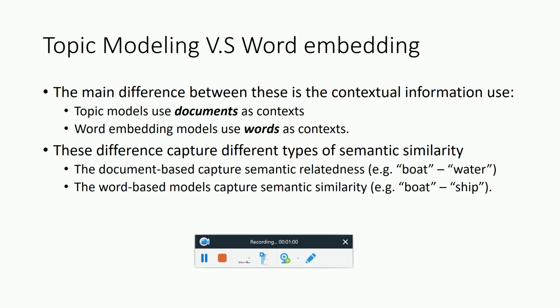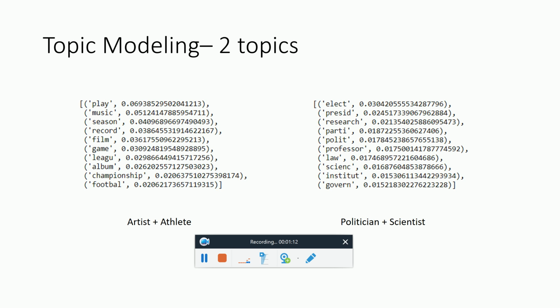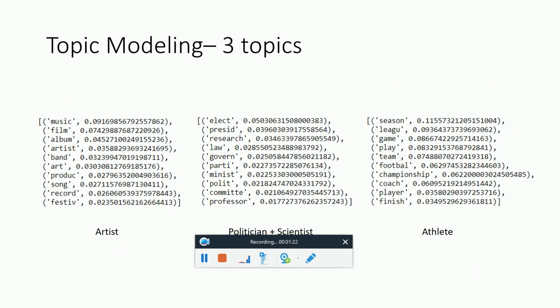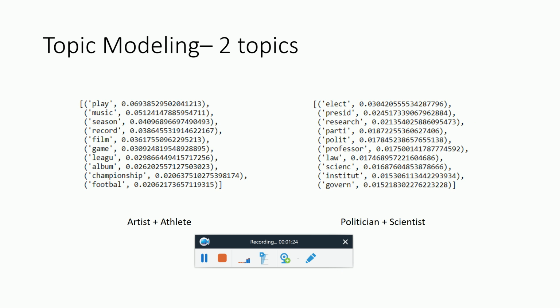And I want to build a system using both of the benefits of the semantic similarity. So for first, I trained the topic modeling. I chose different numbers of topics: 2, 3, 4, 5, 6. And as you can see here, when you use two topics,